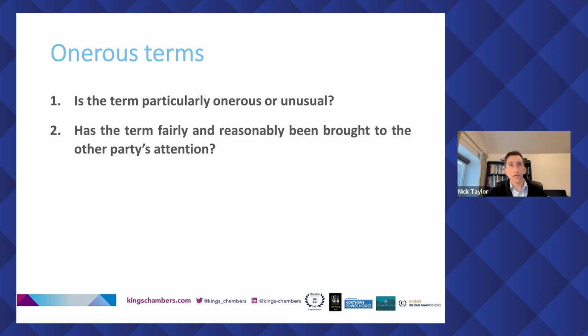The first limb is quite obviously clause sensitive. It's difficult to give guidance in the abstract, and I'm not going to focus on that. To a large extent, you probably all know one when you see one. So using the example of a customer trying to cancel a contract from earlier, you're probably looking at something like an unusually long notice period by reference to the actual length of the contract, an unusual prescribed method of cancellation,